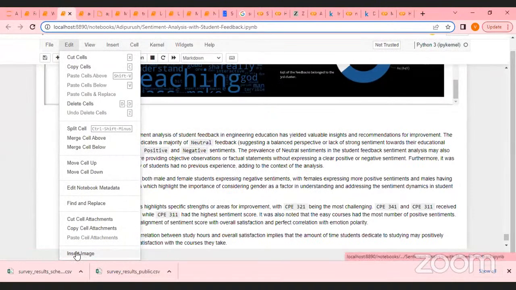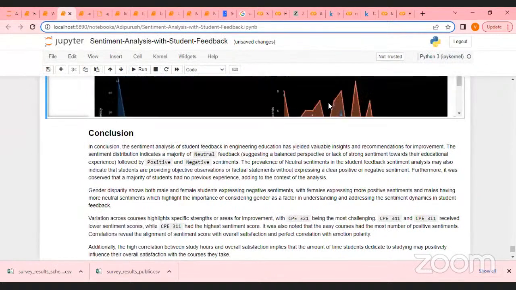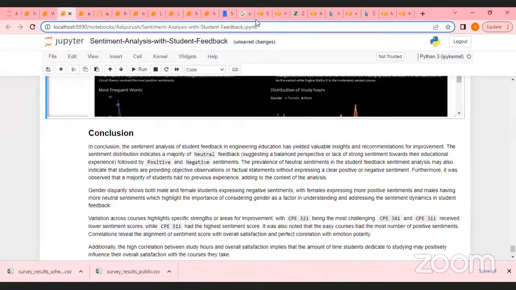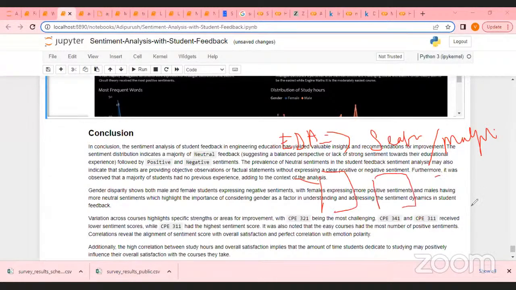Insert image, right? You can insert the images of graphs, whatever you created, and using that, you can punch in this kind of graphs over here. And I already told you guys how to create these graphs: just go ahead and do the EDA part using Seaborn and the Matplotlib package, and then create individual graphs like pie charts,